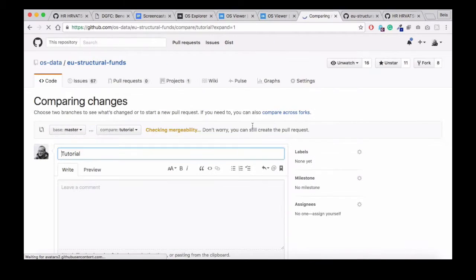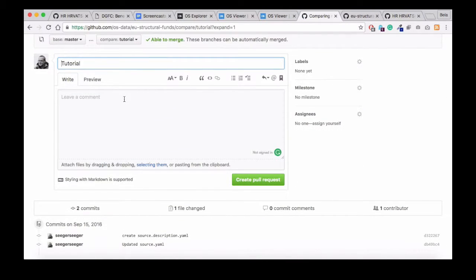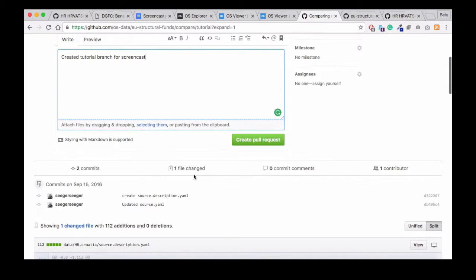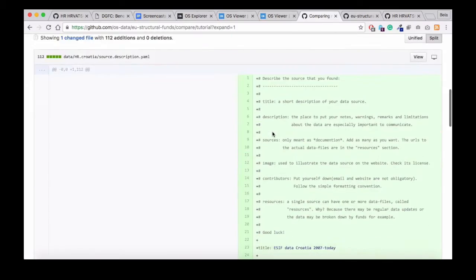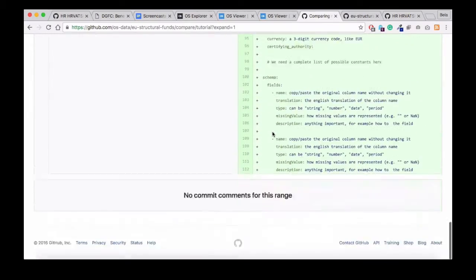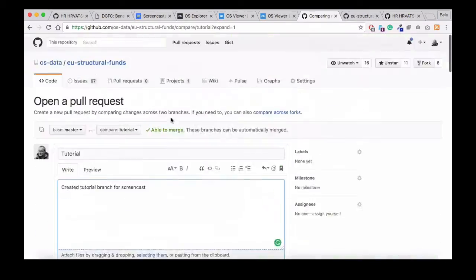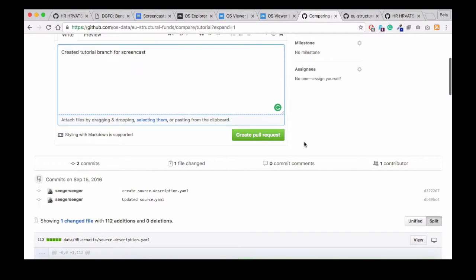So what we do here is you would fill in a description, and we could see, okay, so we created the source description.yaml, we updated it, and all of these lines obviously are new because the file is new. So we would create a pull request,